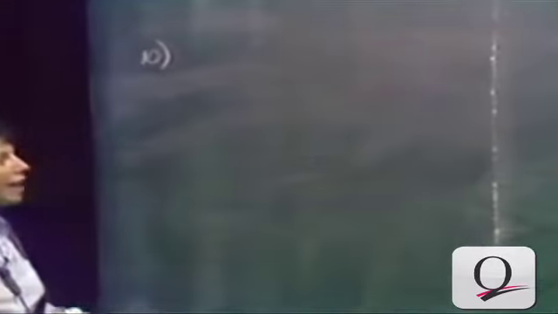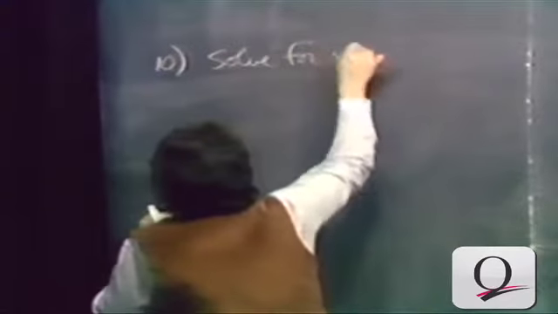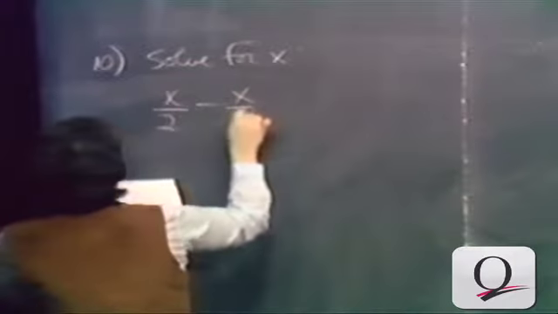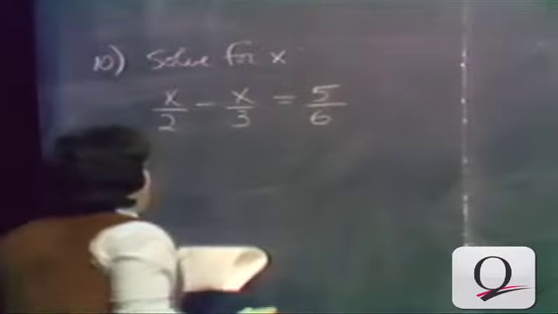The last 3 problems on this videotape I would like to spend solving fractional equations, simple fractional equations. Solve for x: x over 2 minus x over 3 equals 5 over 6. Okay, now,